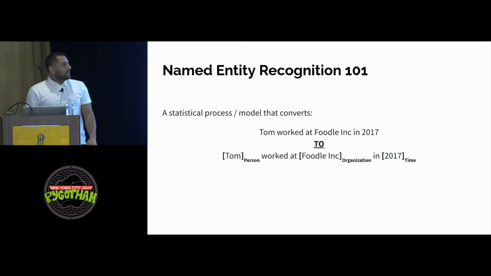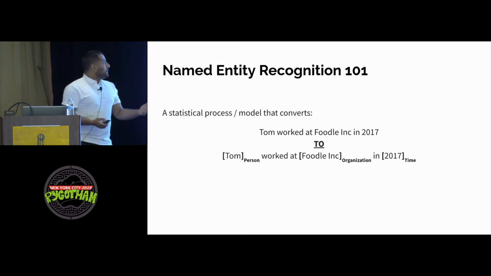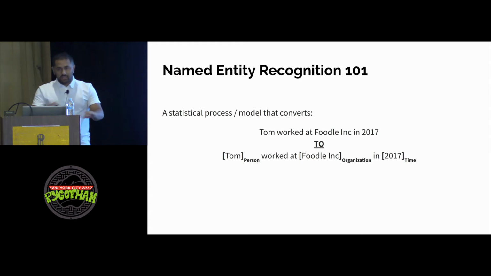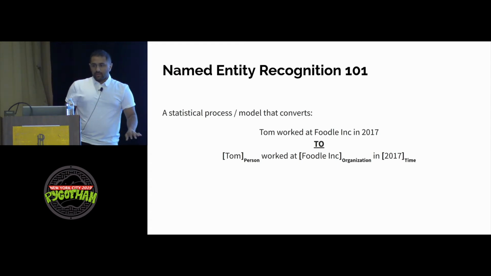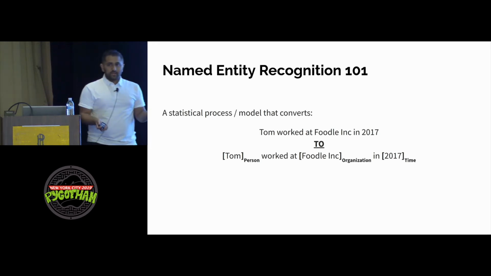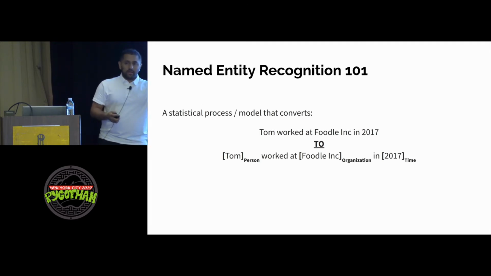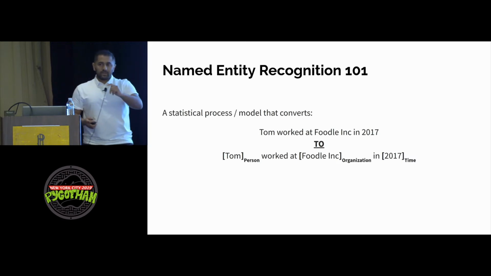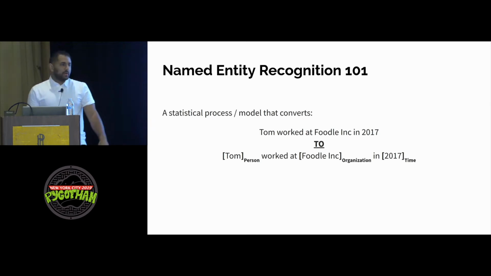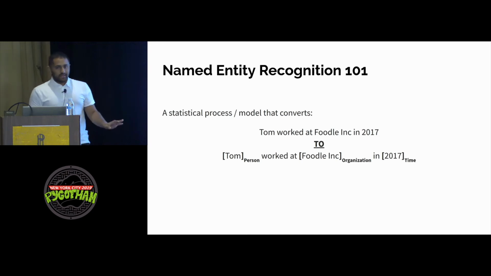Okay. So in order to understand what we're dealing with, it's a 101 slide, we just need to understand what it means. We don't need to get into what model does this or how this works. But what is NER, or named entity recognition? Named entity recognition is basically if you say Ali works at Coney in 2019, it's a process which will say Ali here is a person, Coney is a company, and 2019 is time or year or whatever entity name you choose. So that's all we need to understand about the machine learning, and that's where the machine learning in this slide ends.